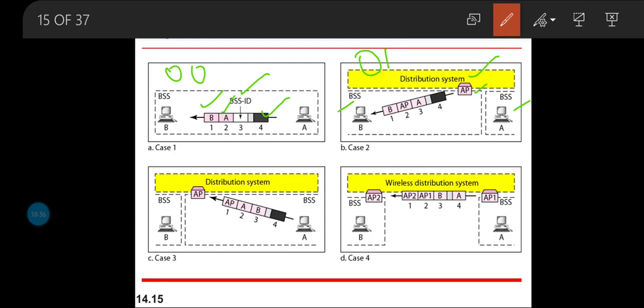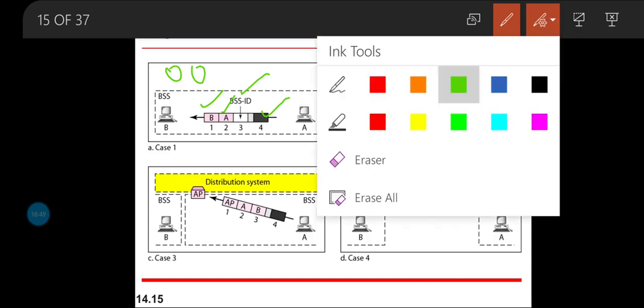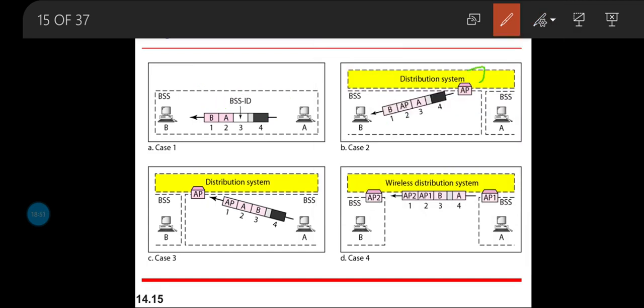This means the frame is coming from the distribution system. The frame is coming from an access point. It is coming from the distribution system to the access point, and from the access point it is going to the station.